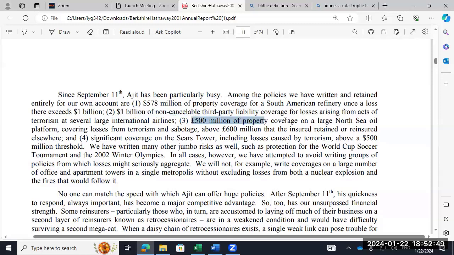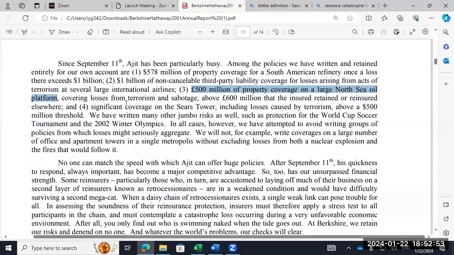500 million pounds for North Sea platforms for terrorism and sabotage. Some terrorist is out there going, I didn't think about platforms. Well, that'd be pretty easy, right? We just have a boat, sails over. I don't know how, I'm sure those platforms are pretty well protected. But they're protected from terrorism sabotage, maybe not protected from hurricanes or some tsunamis, but specifically for terrorism.